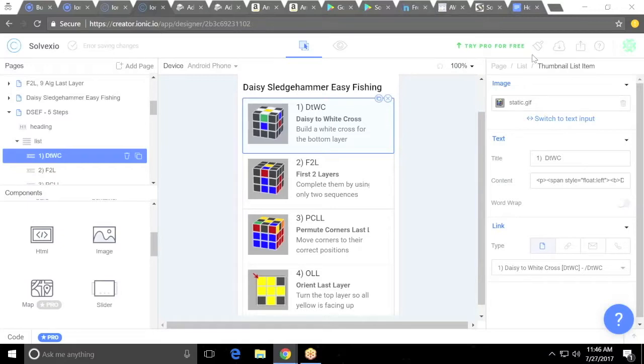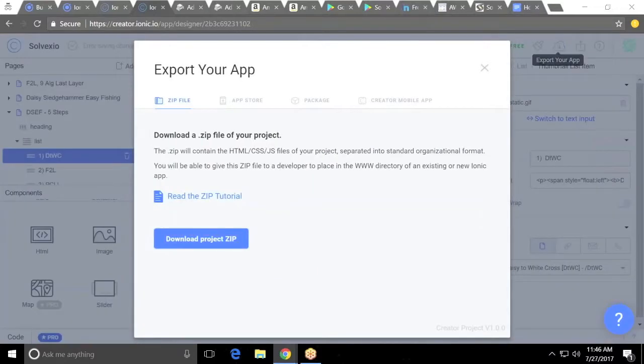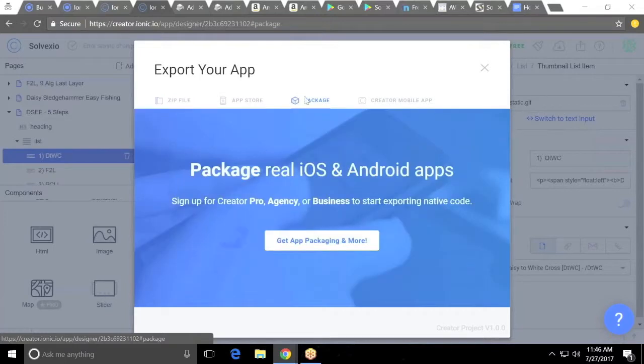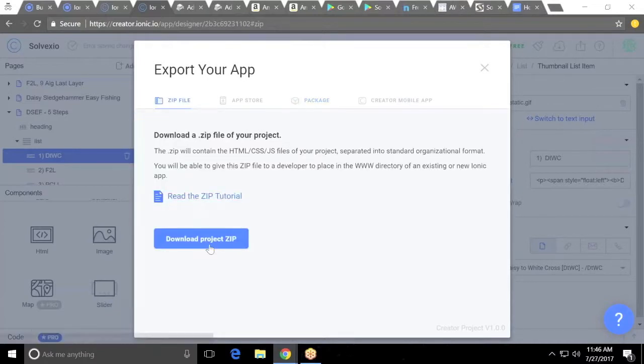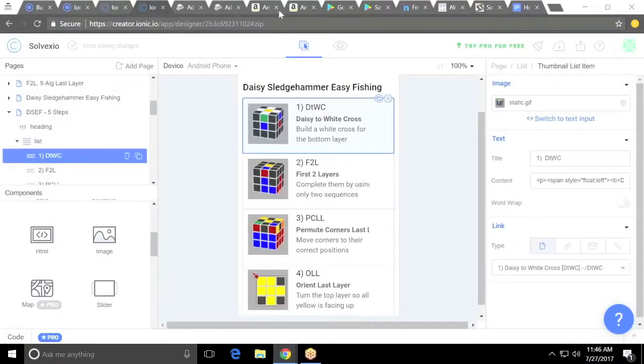And then once you're done, you say export your app. In my free account, I download a zip file. If you have a different account, then you would download the APK or IPA. But I would say, give me a zip file, and I would just download it. And then I would take that zip file